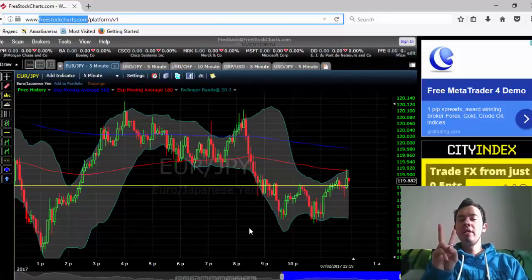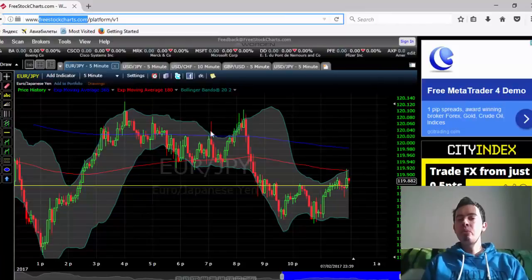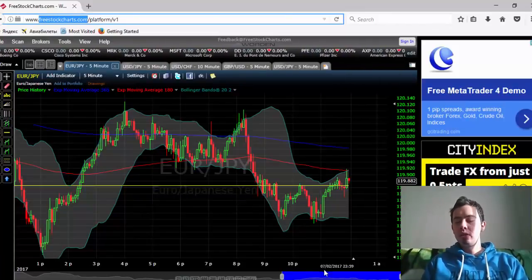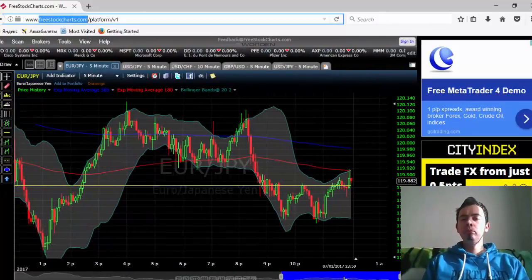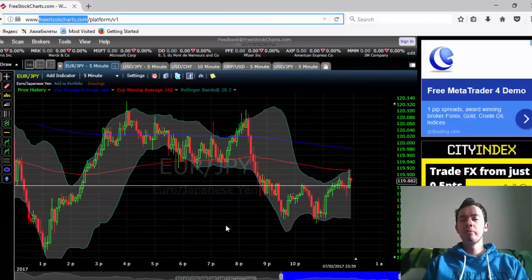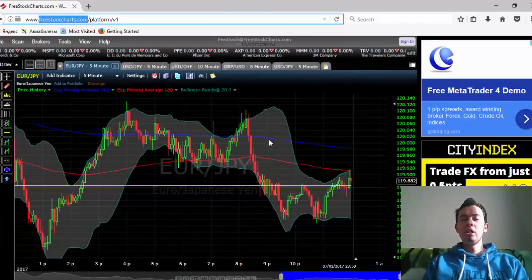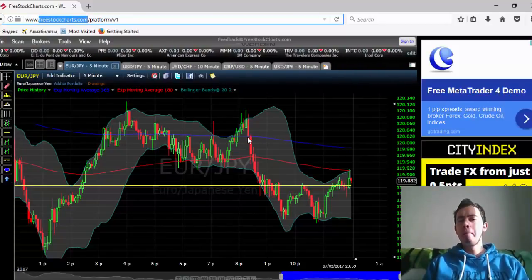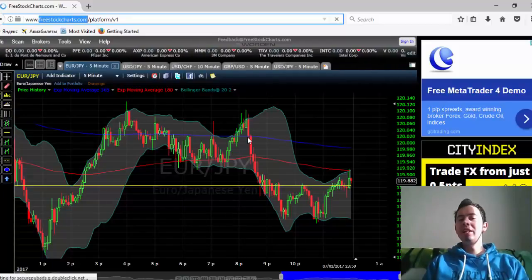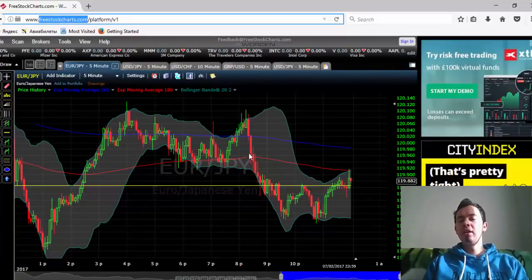The second confirmation, guys, is that we are looking for the candlestick to cross either the upper Bollinger Band or the bottom of the Bollinger Band. This will be our second confirmation. Basically, guys, the criteria is like this. If we see, according to our exponential moving average lines, that the price is going down, like here, the price is going down, right? But at the same time, we see that the candlesticks are crossing the upper Bollinger Band, like, for example, here,